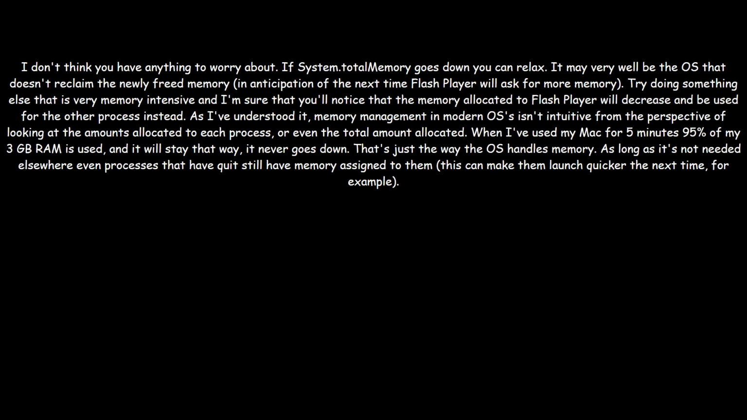As I've understood it, memory management in modern OSs isn't intuitive from the perspective of looking at the amounts allocated to each process, or even the total amount allocated. When I've used my Mac for 5 minutes, 95% of my 3 GB RAM is used, and it will stay that way. It never goes down. That's just the way the OS handles memory. As long as it's not needed elsewhere, even processes that have quit still have memory assigned to them. This can make them launch quicker the next time. For example,